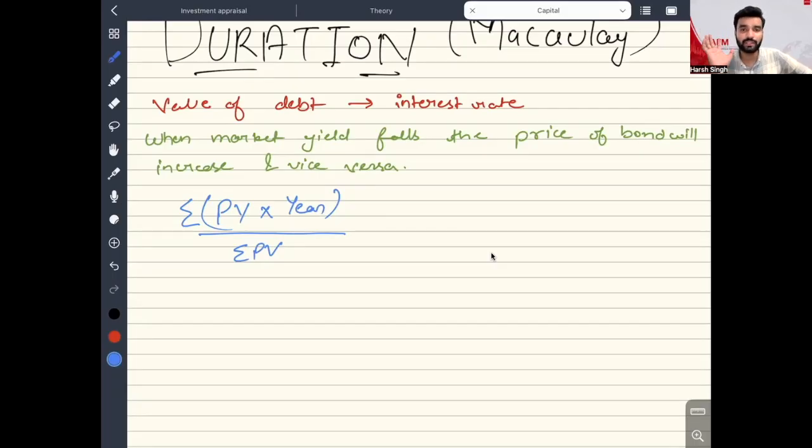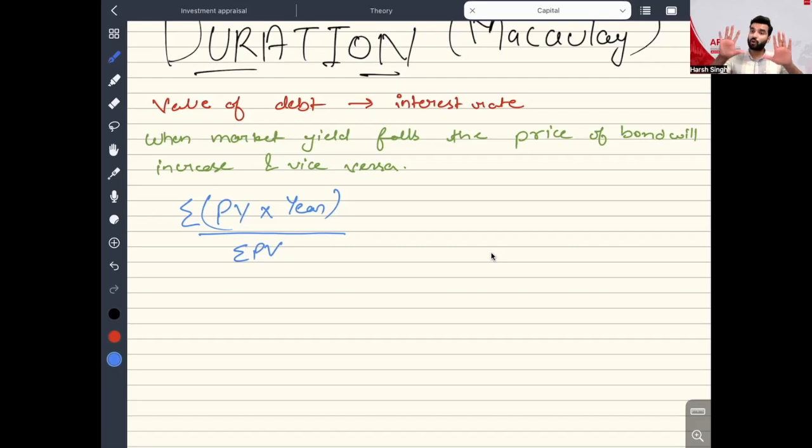As per Macaulay duration, the question you ask is how long do I have to wait to get my toffees back. In the initial year you are getting some toffees back, and in the later year you are getting some toffees back. Your year and the toffees that you are getting are combined together. If you are getting something at a later stage and something at an earlier stage, we have to find the average value of these things. That is why we talk about Macaulay duration.